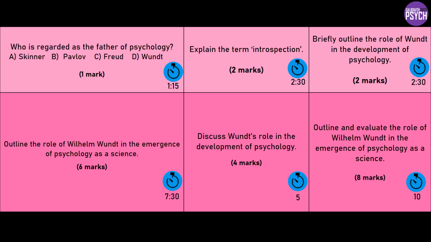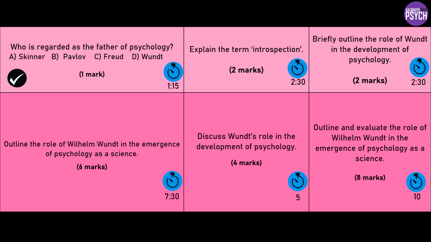Right, hopefully that went okay. Let's talk through. Who's regarded as the father of psychology? You've got 4 big names there. Hopefully you can identify that it's Wilhelm Wundt. Okay, according to the popular wisdom anyway, but we might come back to that in the discussion later. So that's a nice easy mark to start us off. You can probably bank a whole minute there in terms of exam time, because that should only take you a few seconds to do.